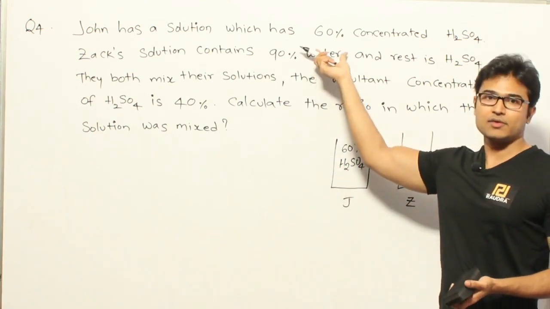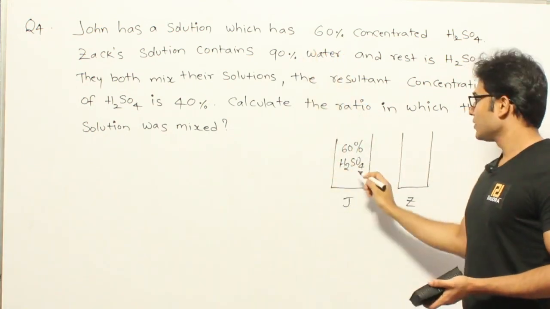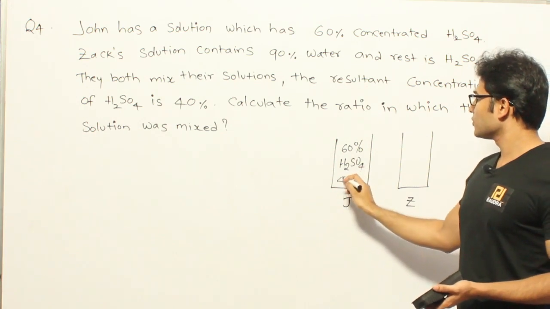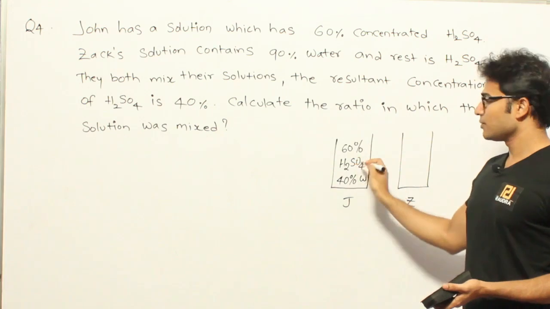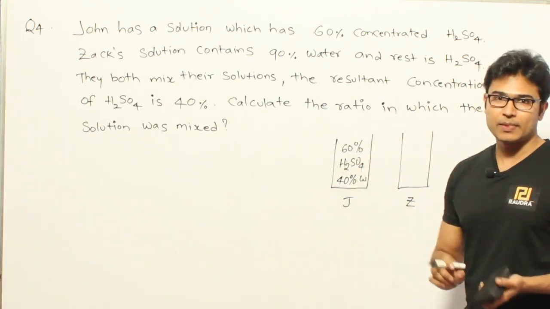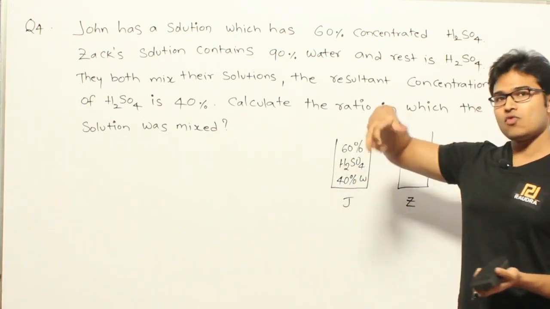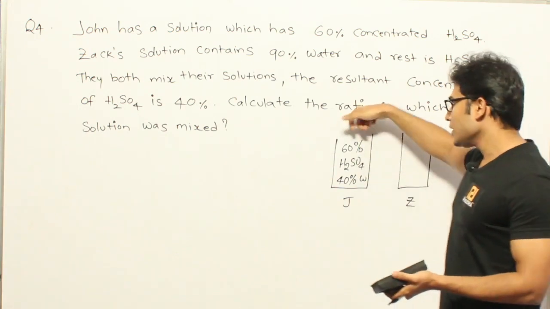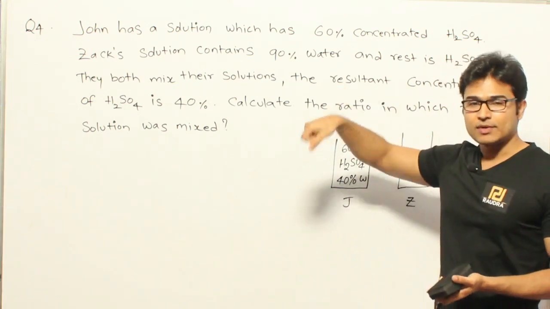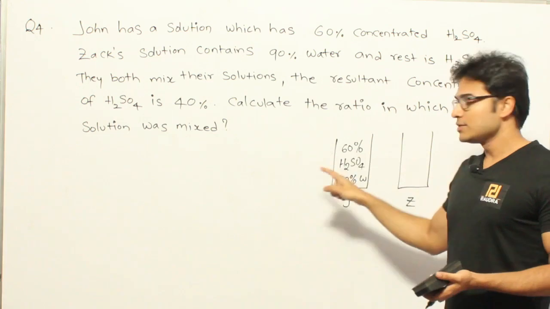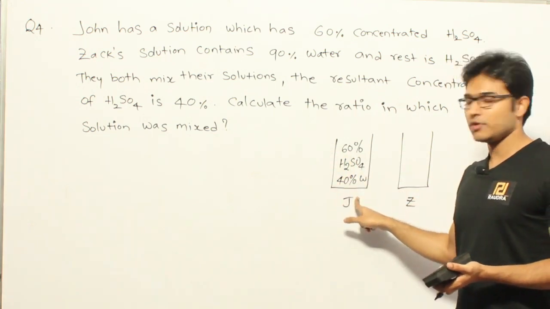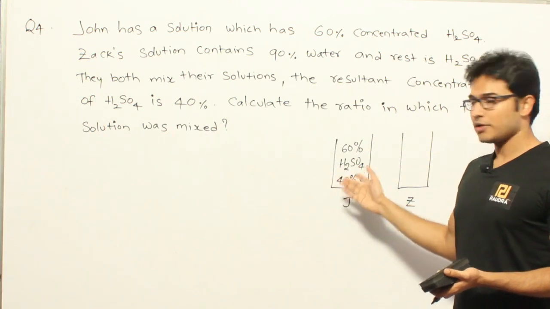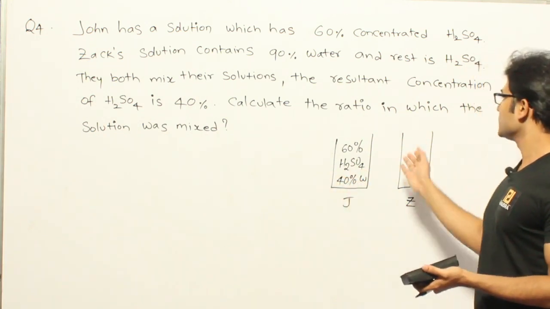In order to get that, they have even given us water. So how to find it out? So you can write it like this. See, 40% water and 60% H2SO4 is present in this. Okay. Now these two are mixed so well that even if you take N1 liters from this, out of that N1 liters also 60% of N1 will be H2SO4 and again 40% of that N1 will be water. Okay. Now let's see the next one.